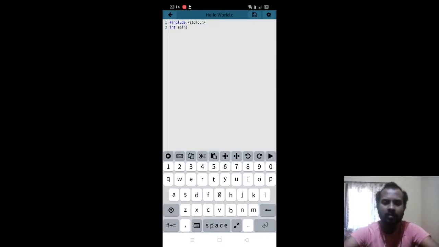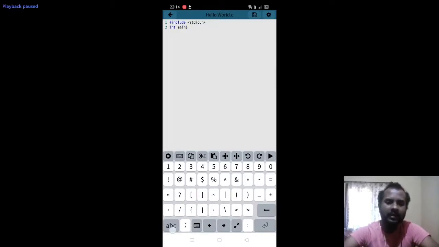So you have to write int main, because mobile C assumes that main is going to return some value, even though it is going to return nothing. So you write int main, and at the end of the program return 0.